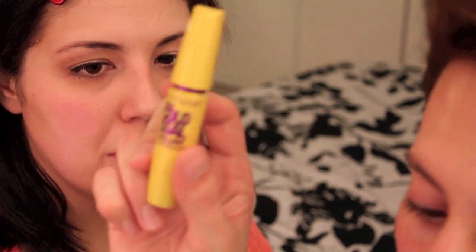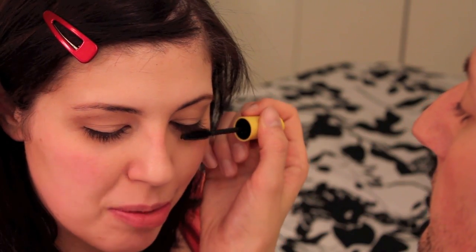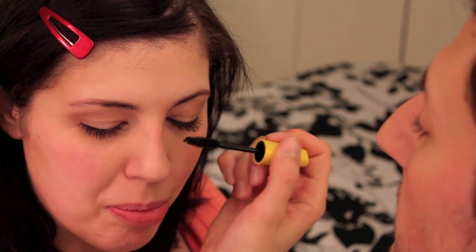And for more fullerness, I'm going to use this Maybelline Colossal Volume Express mascara. First of all, it's my favorite colors, purple and yellow. But it's also a really good mascara. I love this mascara. Would you agree? Yeah, this is what I use. You know what it was? When I worked at Macy's, at this part I'd be like, do you want to do this part or...